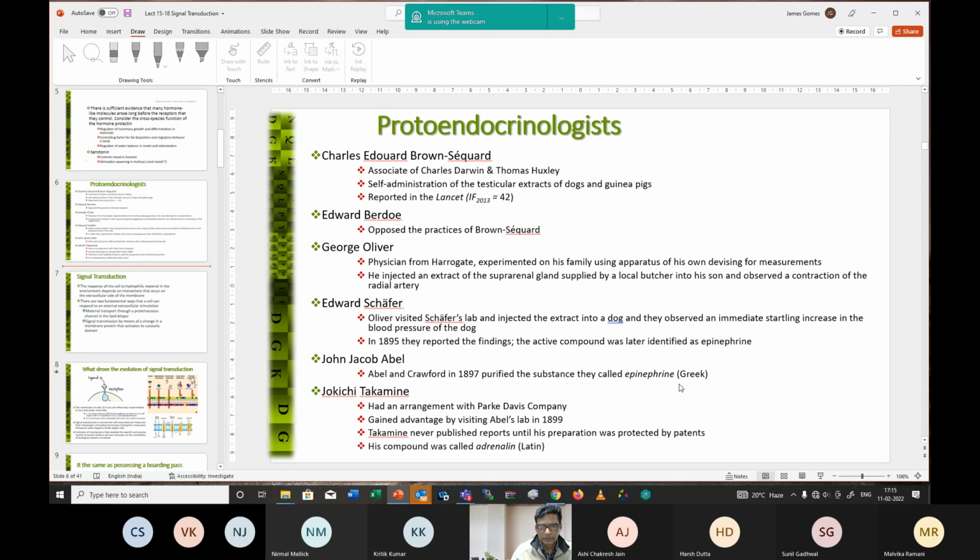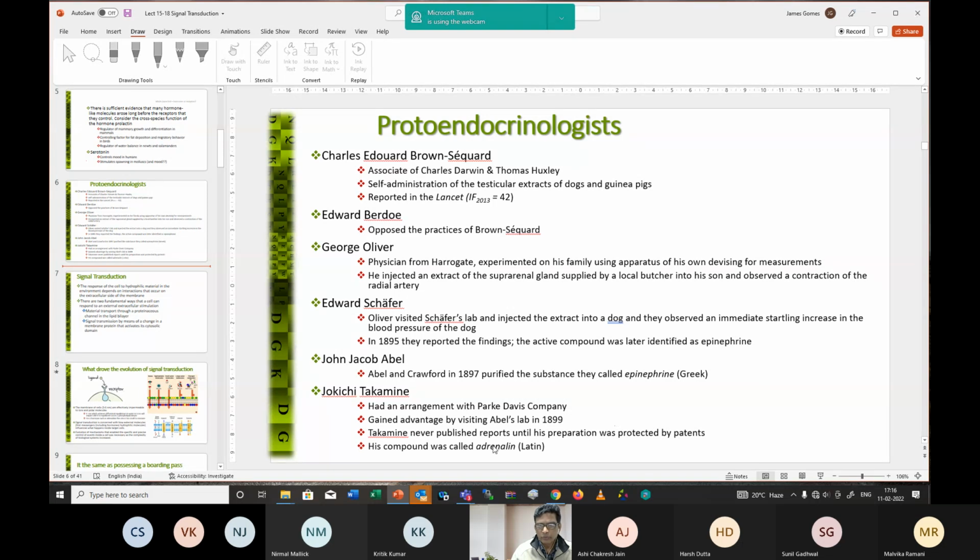This is a Greek word, and the corresponding work that was being done in Japan was being done by Jokichi Takamine, and he had made an arrangement with the Parke-Davis Company, and he made a visit to this person's lab, and obviously he was working on the same compound, and he gained advantage by seeing their processes, and